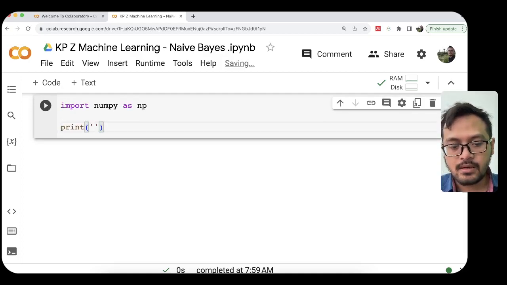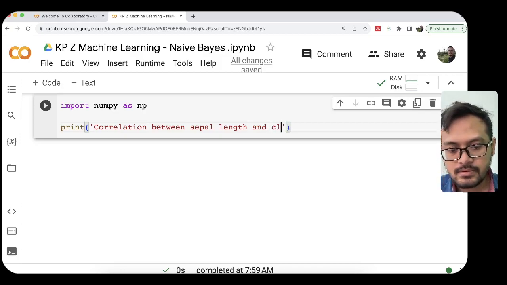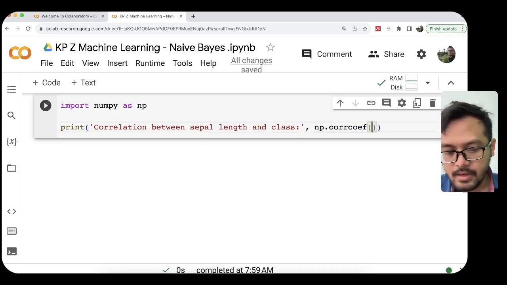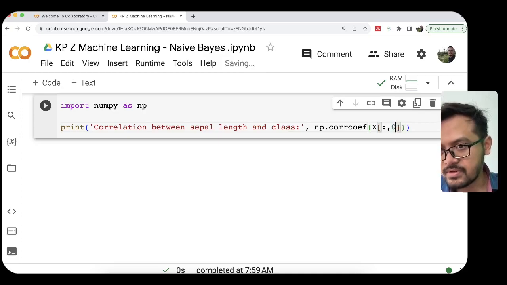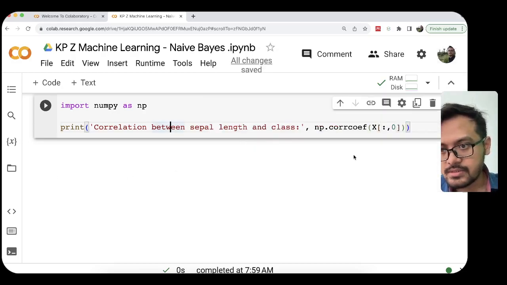Print correlation between sepal length and class. np.corrcoef(x[:, 0], y)[0, 1], where the first feature, feature number 0, is sepal length.